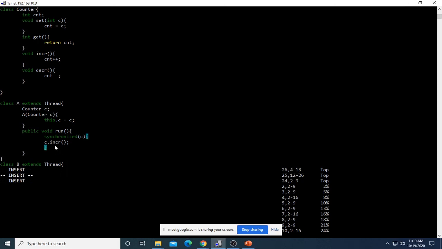Until I complete my execution, this counter C object is exclusively my property. Until I complete my Java session, this Google Meet for 5th sem is mine. No other teacher can log in and start his or her own lecture. That is the meaning. So once you acquire the lock, when you operate upon this object, no one else can use that. I have to write the same keyword in all other thread subclasses.